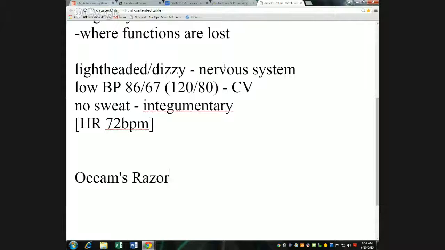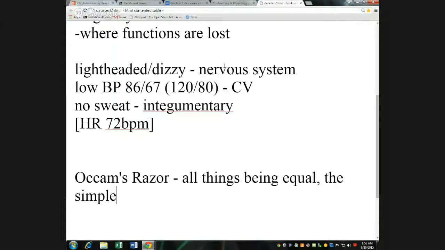What I usually say to describe this, and actually let me write it down, is: all things being equal, the simplest explanation must be correct. Okay. So